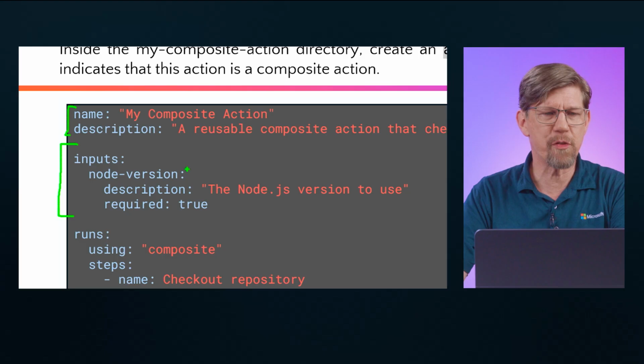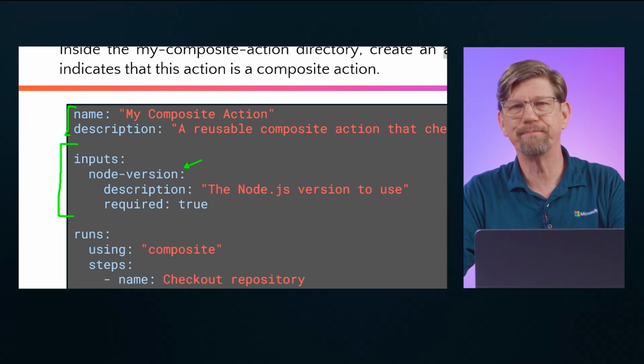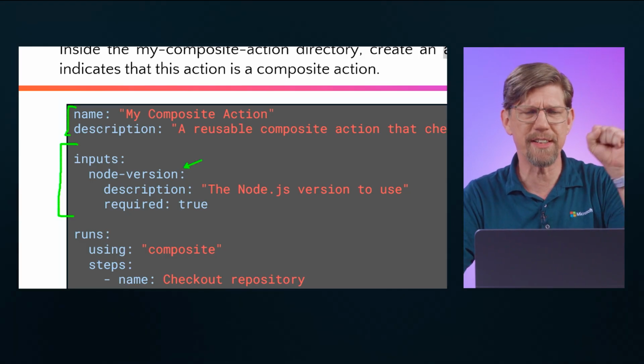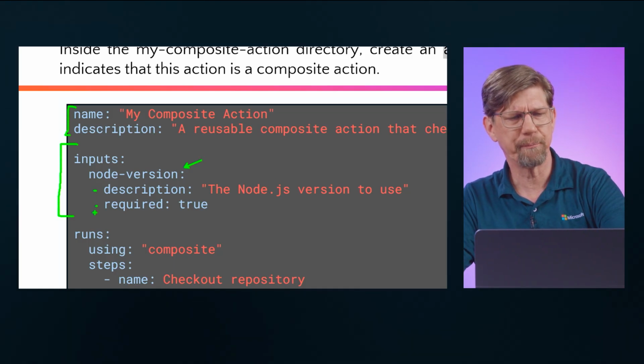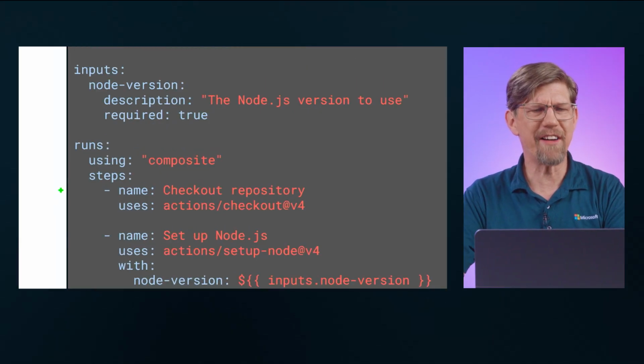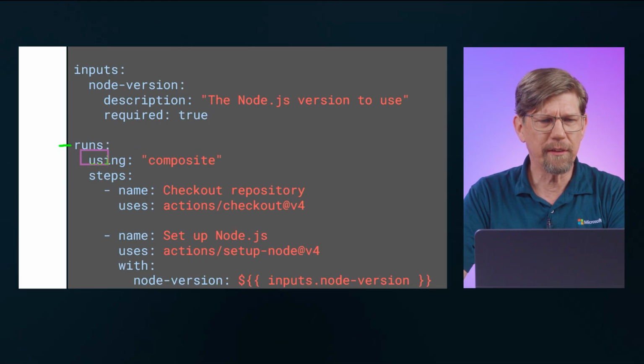So here we are specifying an input of node version, whatever, right? Whatever the input is, that gets to be up to you. And in this case, we give it a description and whether it's required. Then we have the job, the runs, and here